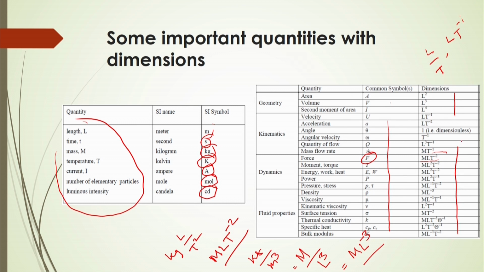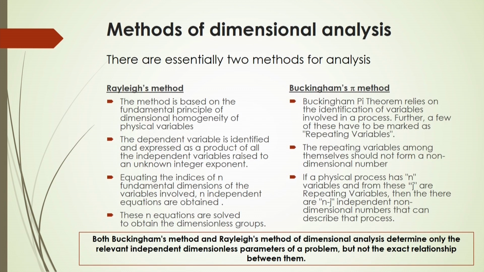You have to remember all those dimensions, because they will be used in the dimensional analysis. For dimensional analysis you sometimes have to compare these dimensions with other dimensions. That is why you have to know the dimensions of each quantity, mainly density, viscosity, surface tension, and also velocity, mass flow rate, area or volume. It is very important to know all those dimensions as per these tables.